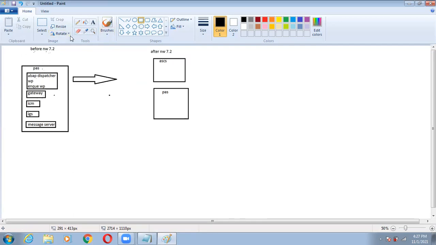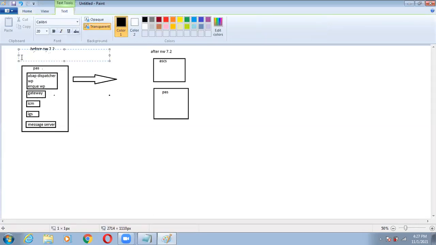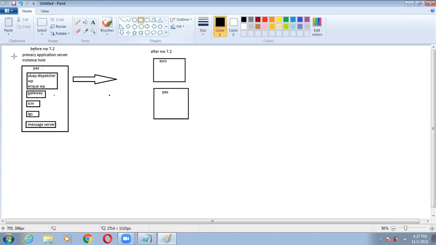I will write here: primary application server, instance host. So this is the one before NetWeaver 7.2.